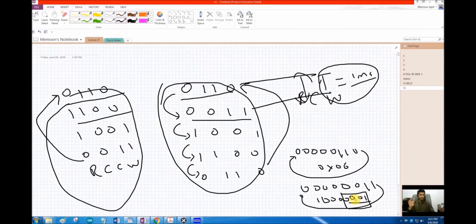I don't want to get this error, and I want to load 0x66 so that 0110 is rotated, and we will keep getting these values on both the upper and the lower nibbles. So we can control 2 motors at a time with 1 port. Even though we are connecting only 1 motor in today's lecture, we can connect 2 stepper motors on the same port at the same time.